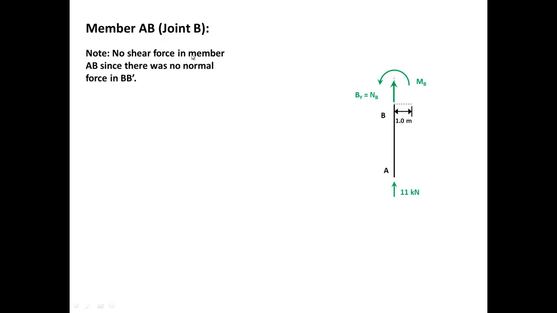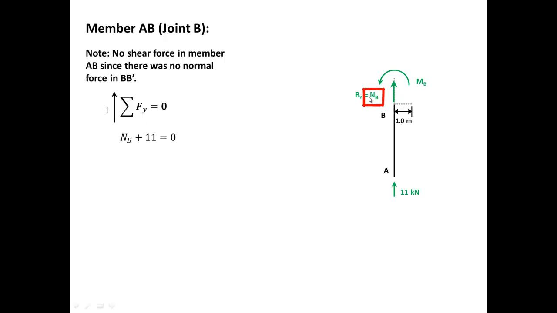Note, no shear force in member AB, since there was no normal force in B prime. Remember, the small segment B prime had no normal force in it, so the normal force in this one corresponds to a shear force in this. Since it didn't have any normal force, that means AB will not have a shear force at or close to joint B. Summation of the forces in the y should equal 0, so I'll have